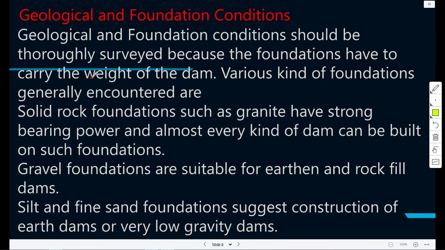And normally, upstream is the source of water, that's your dam, and there are people living downstream. So it can be worse if there is a city or people living downstream. That would be a big issue. So then we are saying the bearing capacity of such a foundation is such that almost every kind of dam can be built on it. So solid rock, especially continuous, with no fault lines or cracks, and granite is the strongest